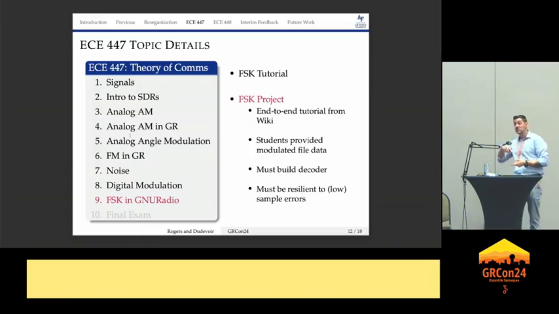And that teaches them a whole lot about what GNU Radio does with its data flow, right? You get these lists of arrays, and they're ones and zeros, and what the heck do I do with them, right? So we teach them how to process the data that's coming out of GNU Radio and how to interpret that, right? How to take a look at that data and say, okay, this is what that actually means in the real world. And that ends up being a really great project.